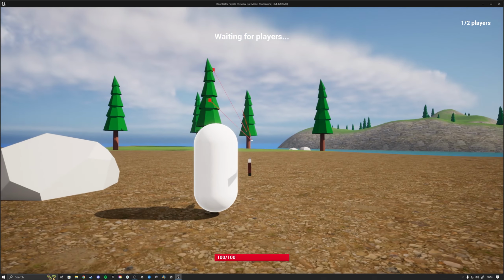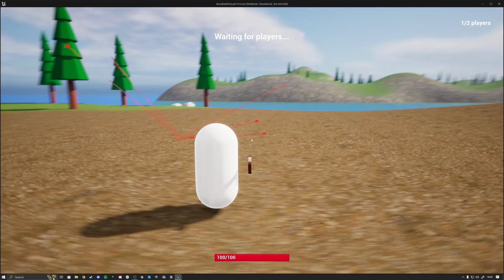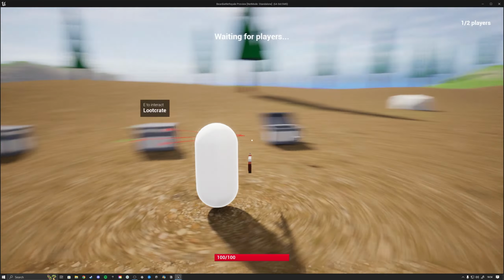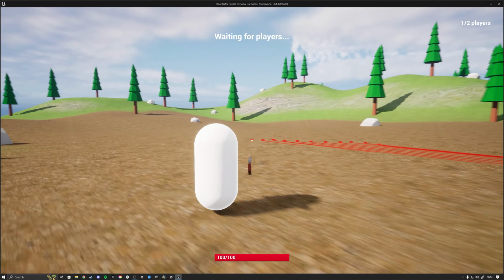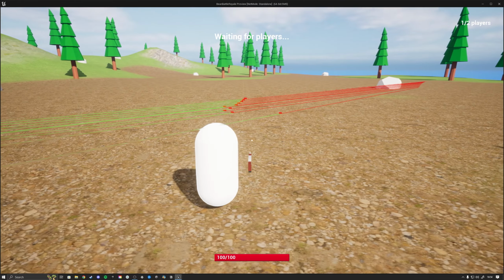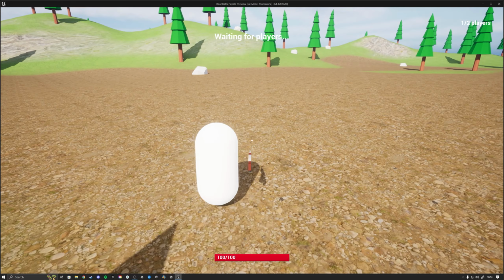But now we can just see what we hit as we start shooting. So we can shoot all across here, and then impact there on the landscape. We can shoot the crate, and then we can actually rapid fire. Now that's what it looks like. And now I can't shoot anymore, because I'm out of my 30 bullets, because we already had the logic